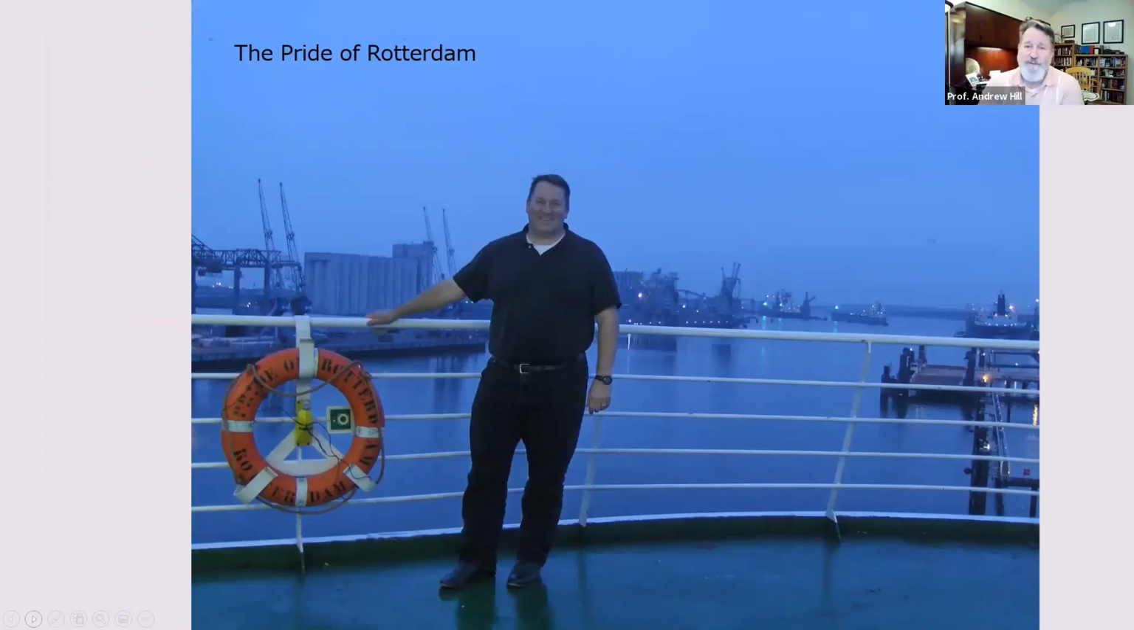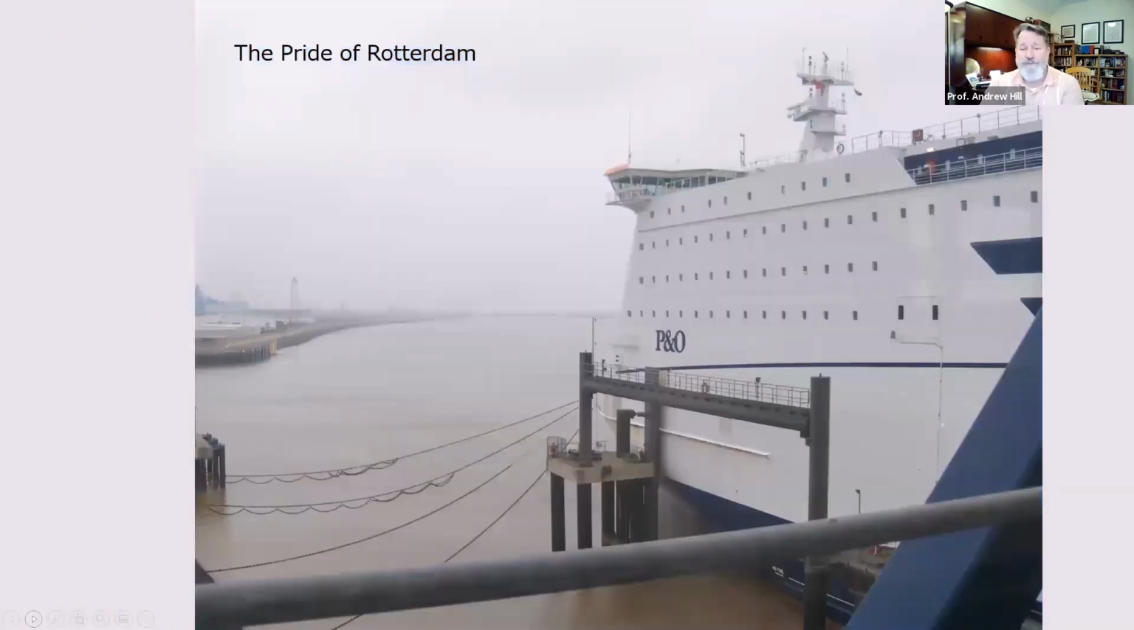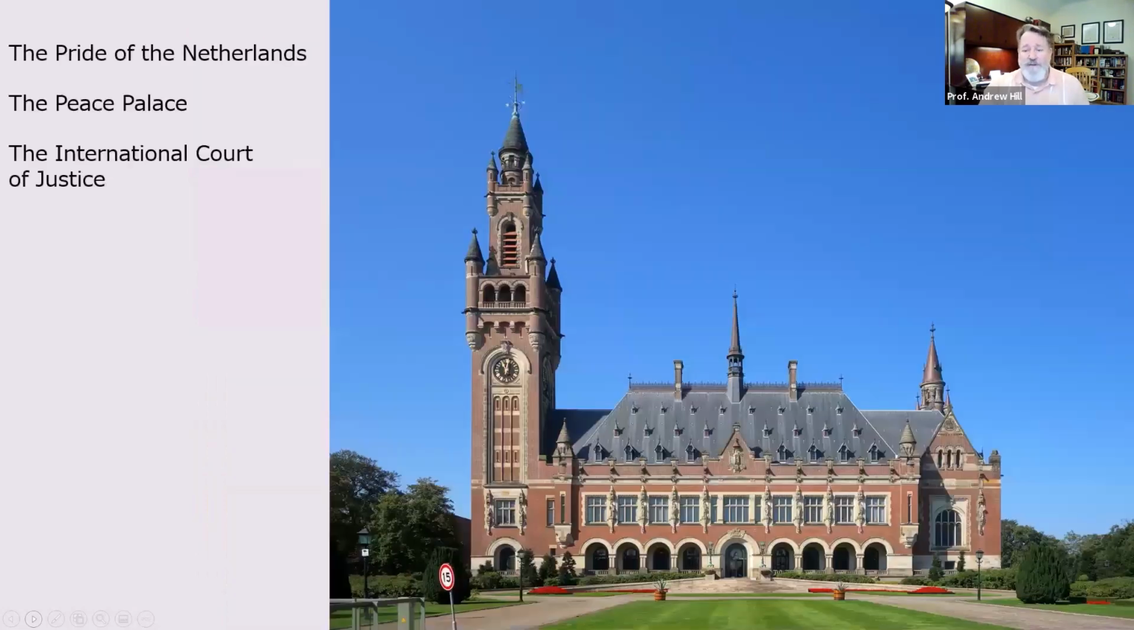a picture of me, your intrepid professor, in Rotterdam, where we started this story. That's me on the Pride of Rotterdam, which is a giant ferry ship. There you go. That goes back and forth between Rotterdam and Hull, England. And look, these days, Rotterdam is a giant, busy industrial port. And the Netherlands has not just recovered economically, it also made before the war, it had a huge role,